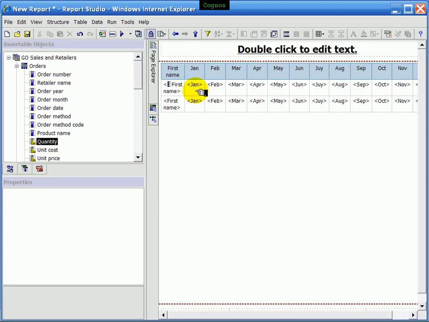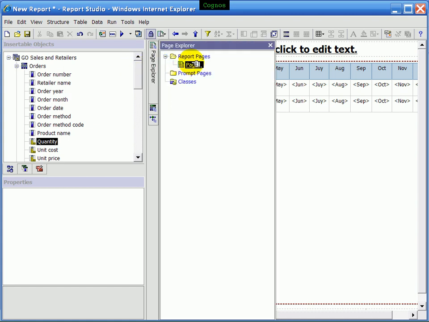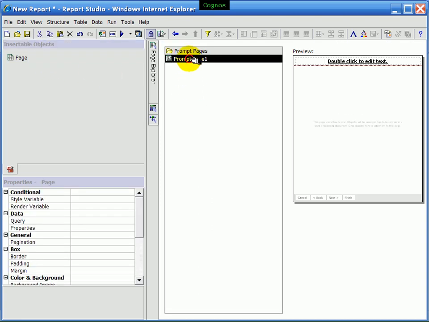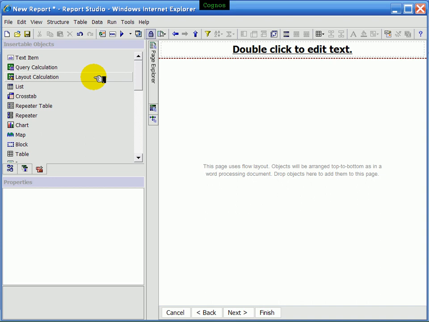Okay, let's go ahead and do a conditional formatting and a static prompt. For example, my requirement is I need to have a prompt page wherein I can select a certain range of months and then have only those months displayed in my report. So let me go ahead and create a